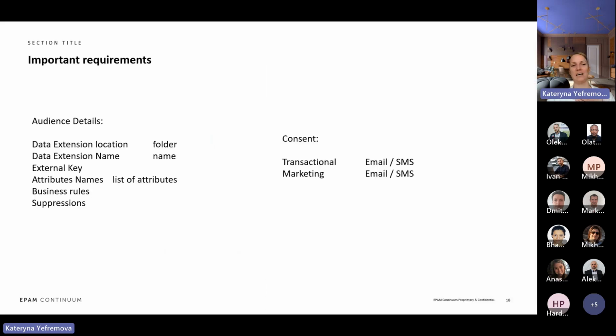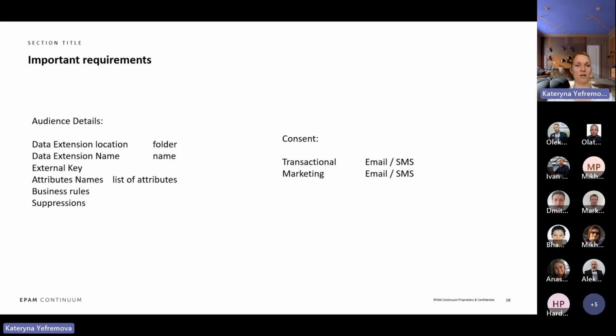So, I split it into user story tips. I will put this question on hold because I would like to go through these 3 slides, and then we can come back to it. So, the idea is, when we're talking to the audience, there is a list of important requirements